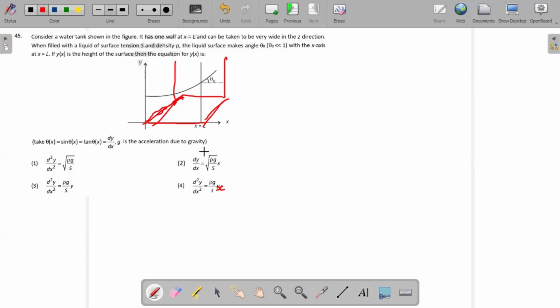When filled with a liquid of surface tension S and density rho, the liquid surface makes an angle theta, which is called the angle of contact, with the x-axis at x is equal to L. Y is the height of the surface of the liquid, and Y of x is